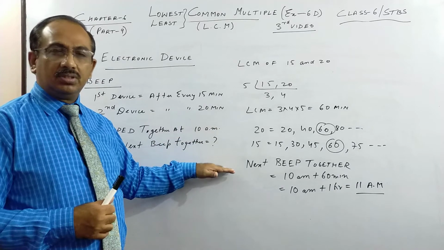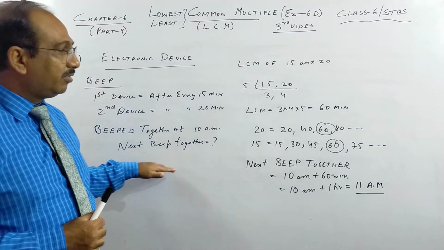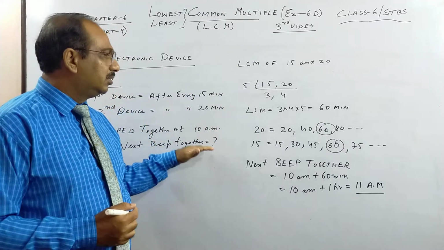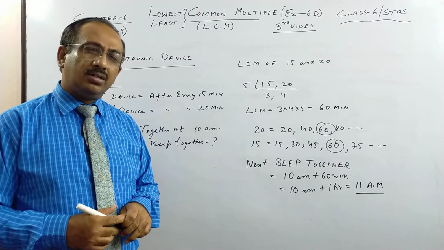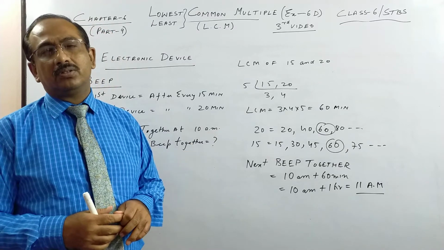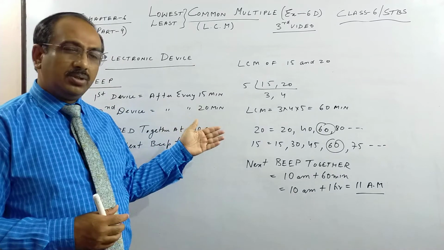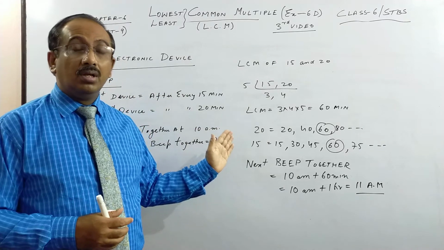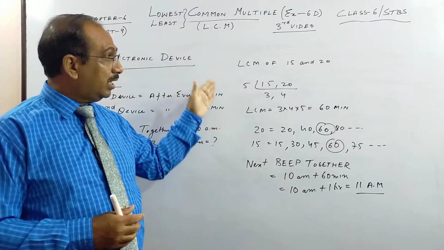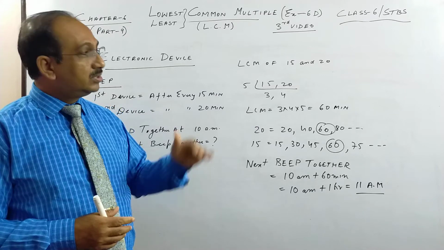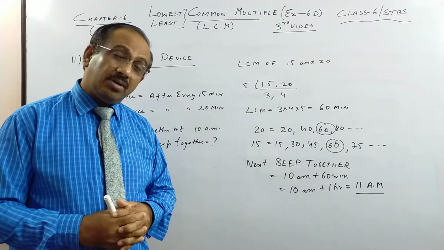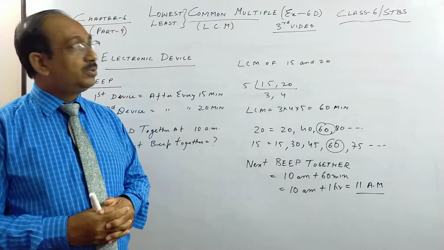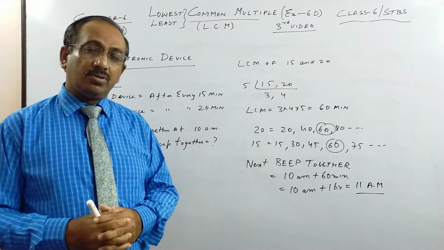So kindly you can pause the video, play back, rewind, see and try to understand them, because you are in class 6 children and some of you may find it difficult. This may be difficult in the beginning. So please do it 2-3 times. Do the solved examples. Very nice solved examples are given in any standard book. Do all the unsolved examples. I have done almost more than half. So see what I have done. Try to do those which I have not done. Do the solved examples, and I hope and pray that you will be able to understand the full concept.